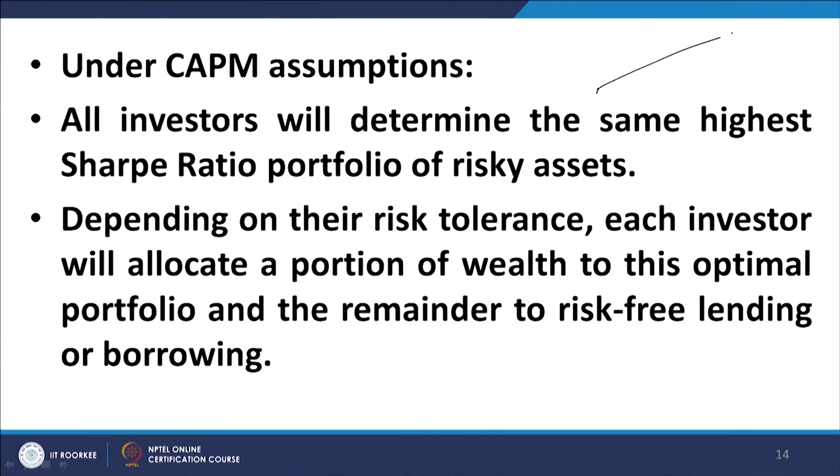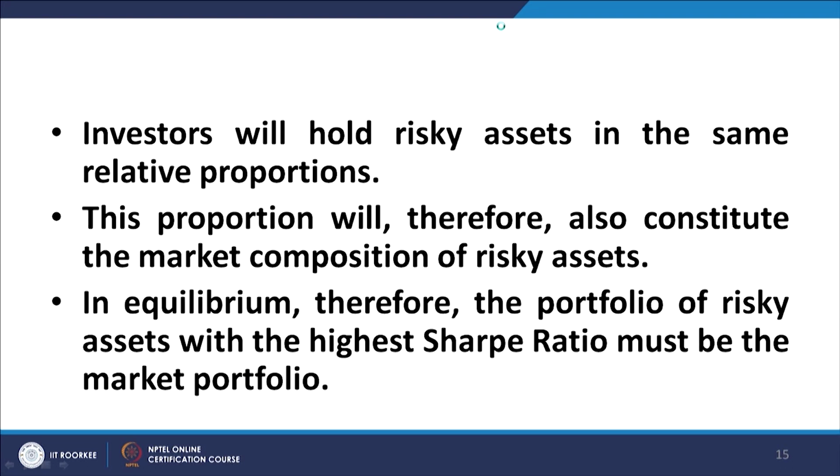How they will determine their precise portfolio will depend on this line F, and let us say this line P, it will be a mixture of the risk free asset and that highest Sharpe ratio portfolio depending on the risk tolerance. Somebody who is highly risk averse may select it here, somebody who is more risk taking may select here, somebody may even go beyond this by borrowing at the risk free rate and investing. Now, what happens if all investors,